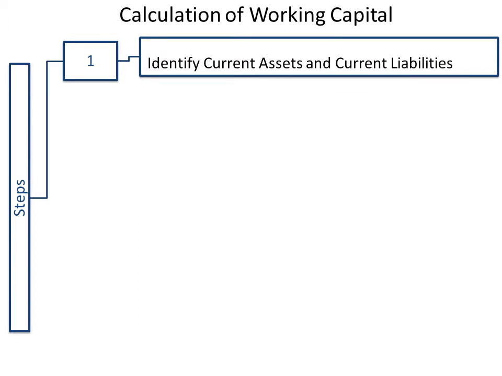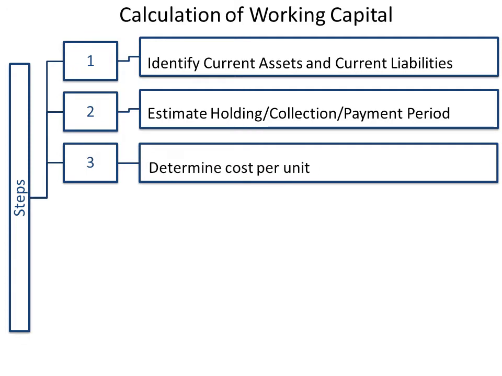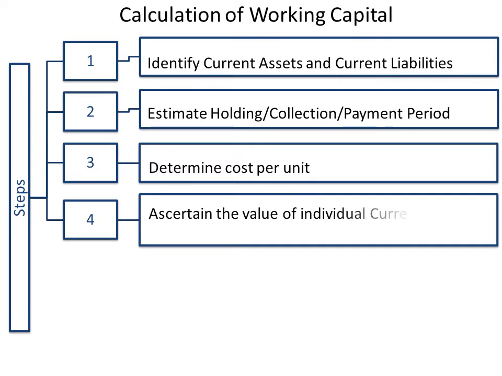After identifying them, now second step is to find out holding period of individual assets, collection period of debtors and payment period of creditors. Then third step is to calculate cost per unit of individual current assets and current liabilities and total cost per unit. After finding all the information, now fourth step is to calculate values of individual items with the help of available